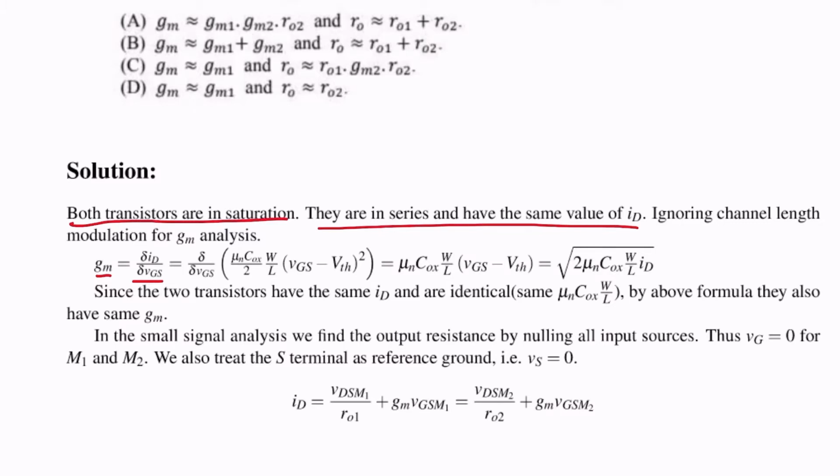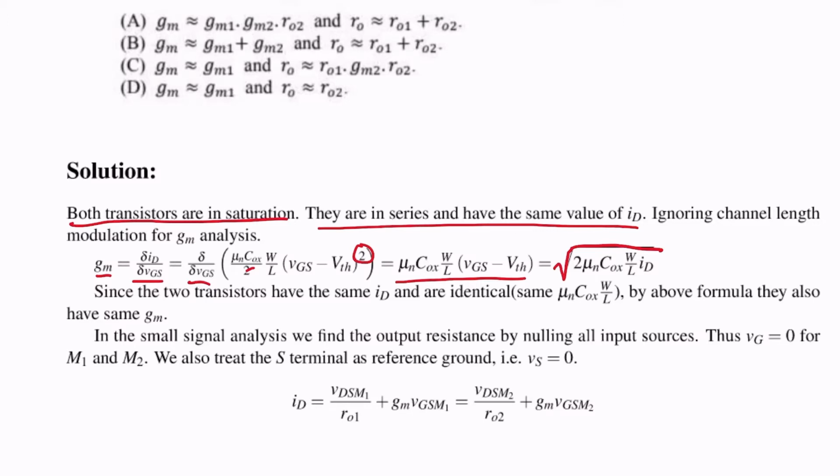Because they are in series, we now get the expression of ID as (μn Cox / 2)(W/L)(VGS − VTH) the whole square, right? Taking the derivative with respect to VGS, this 2 will come out and cancel with that. So therefore we get this as the expression for gm. In terms of the original ID, we will get it as the square root of 2 μn Cox (W/L) times ID,